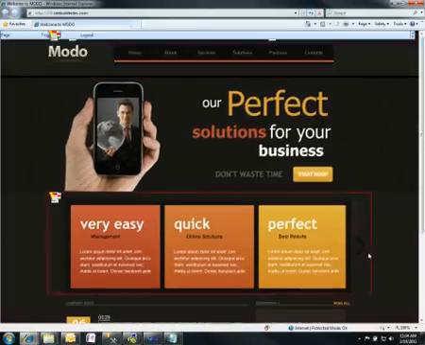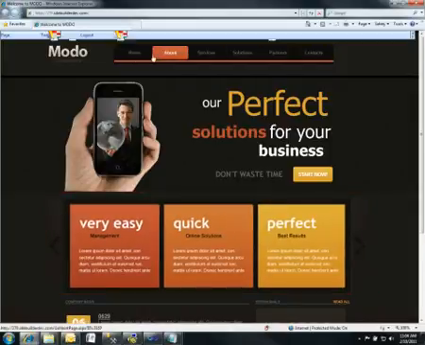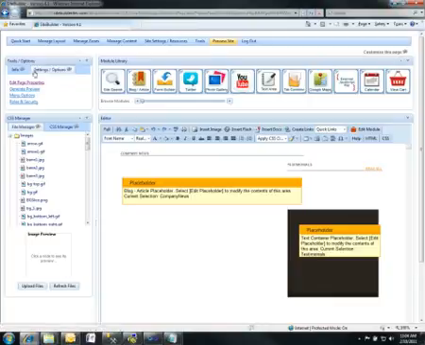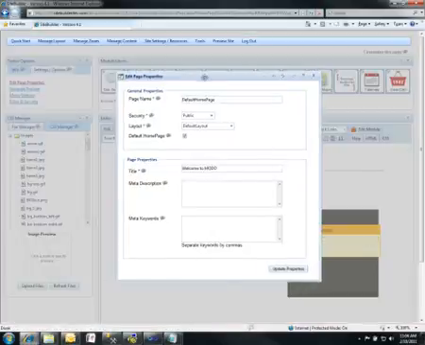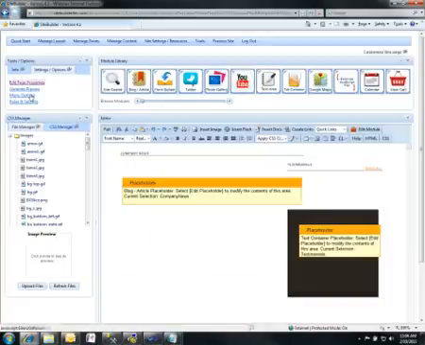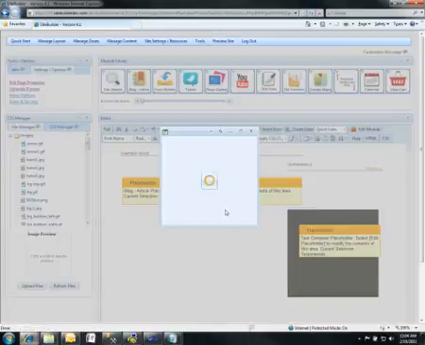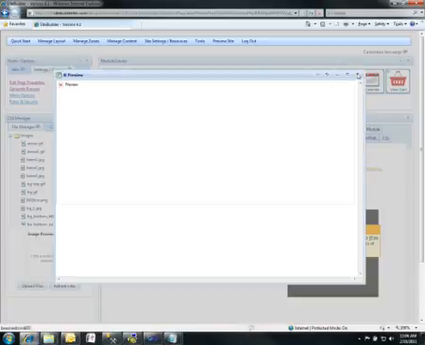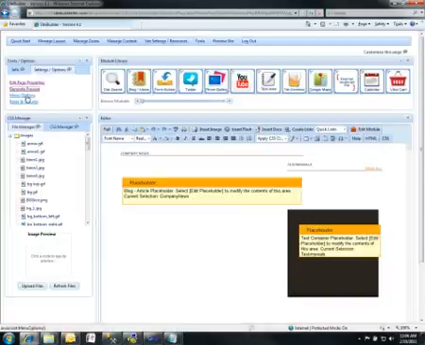We've got an image rotator, we've got some jQuery stuff going on here, dynamic menu. But basically what I want to show you is under here, when we're in the home page or the content page, if you click on settings and options, we can see the edit page properties, which will allow us to come back in and change the page name, the layout, the title, the meta description, stuff like that. We also have a generate preview button where we can see a preview of this home page or the content page. We also have some menu options